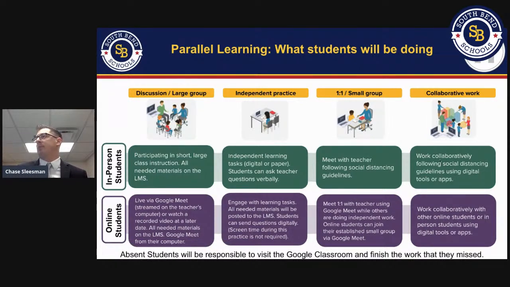Collaborative work. Obviously, if they are in person, they can work collaboratively following social distance guidelines using digital tools. That way, as we have access to Google, the collaboration can be right within a document, within a slide, the Edu protocols, Iron Chef, various strategies there that students can get online and in person and still maintain that social distance. Those online students are going to work with other online students or in-person students using digital apps